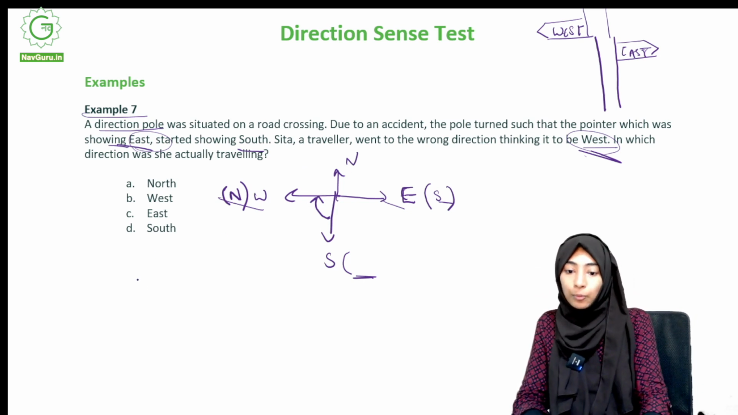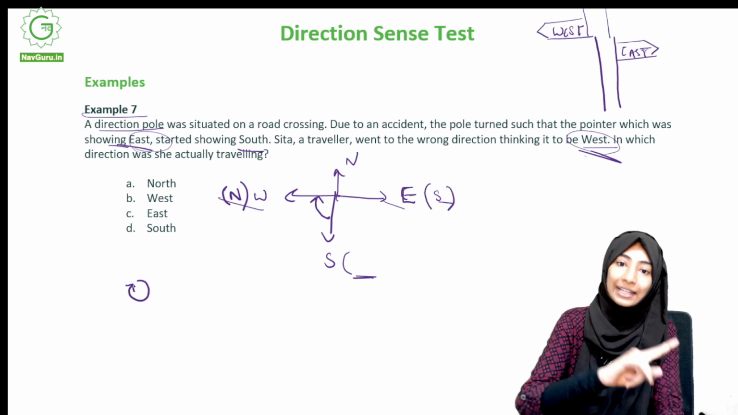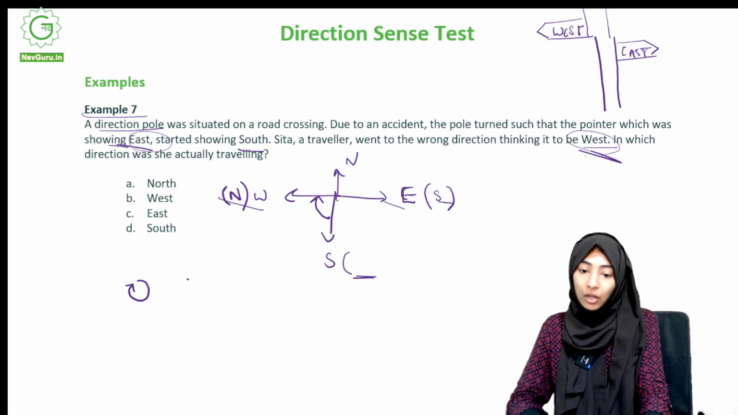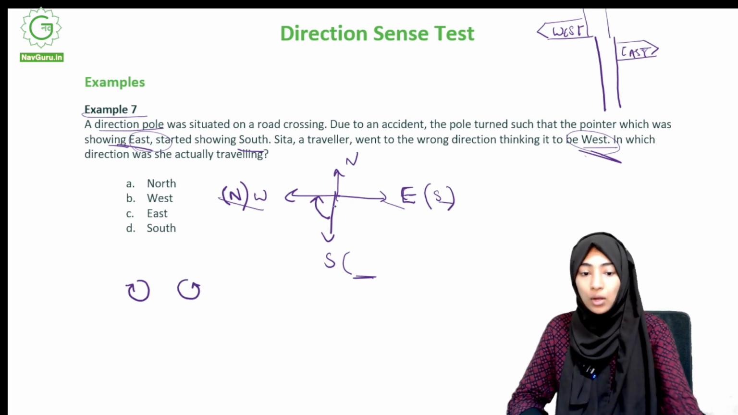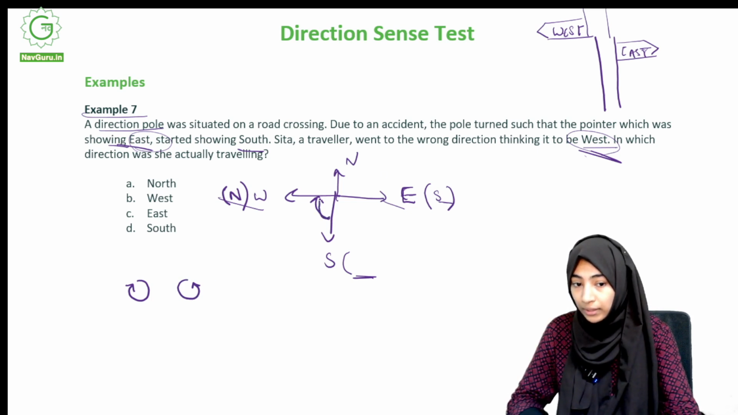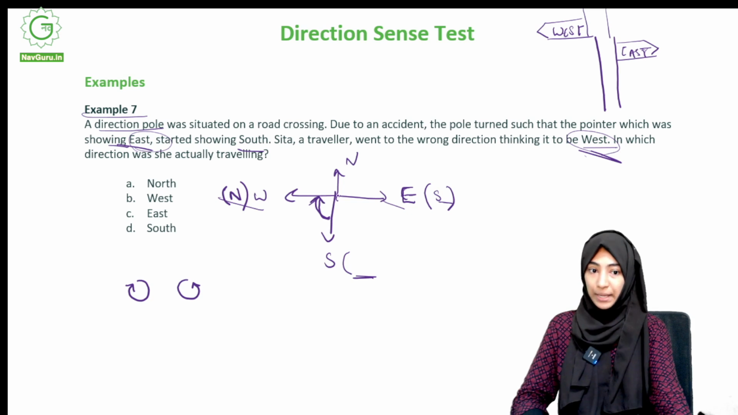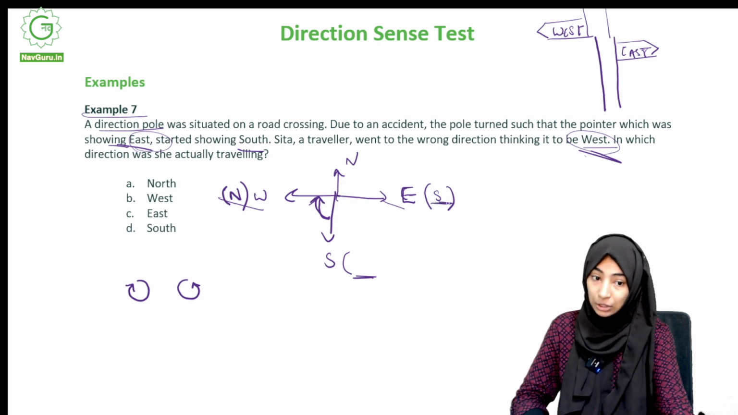I hope you remember what clockwise is. I have explained this in about 2 topics, but this is basically the direction in which the clock moves, and the opposite of that is anti-clockwise direction. So now from south, if you go in the clockwise direction, what you see is west. So here also in this new south,